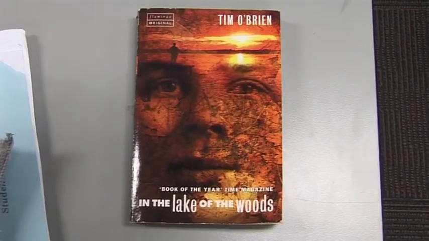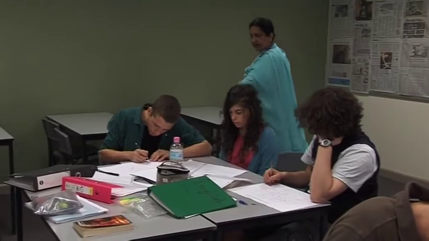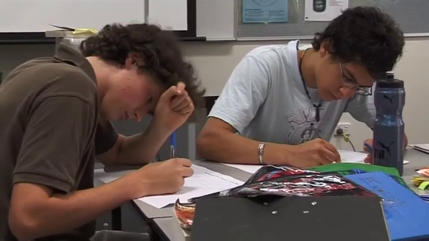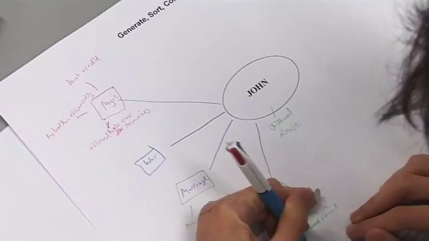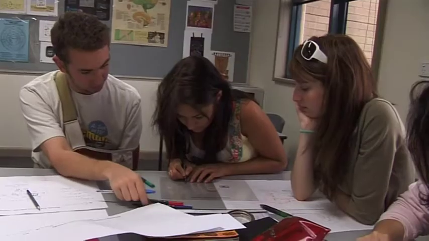We're actually exploring In the Lake of the Woods by Tim O'Brien, and this is beautifully structured. So today in class, I will be asking the students to create a concept map where I am hoping that they will explore John's past and begin to draw connections between his past and his present, to be able to identify those factors and those influences in his past that have made him the individual he